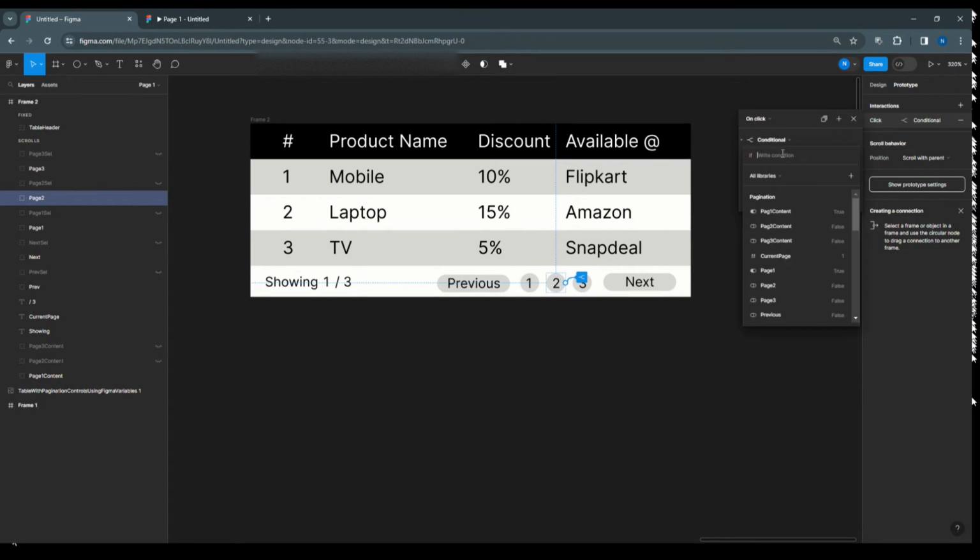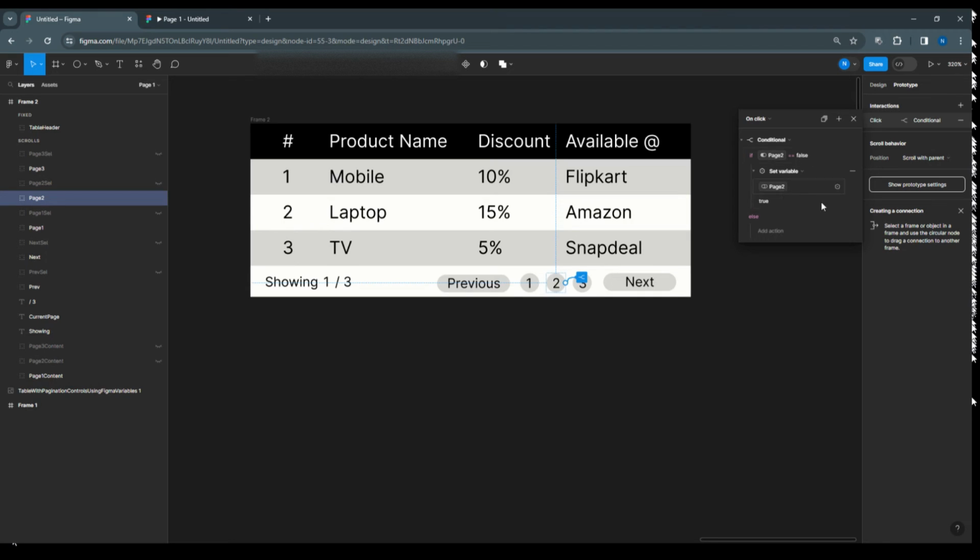If this is the page 2, our table, select page 2 equal to false, set variable. So once the page 2 becomes true, set variable page 2 true. So while I touch on this or click on this page 2, page 2 is getting true, and